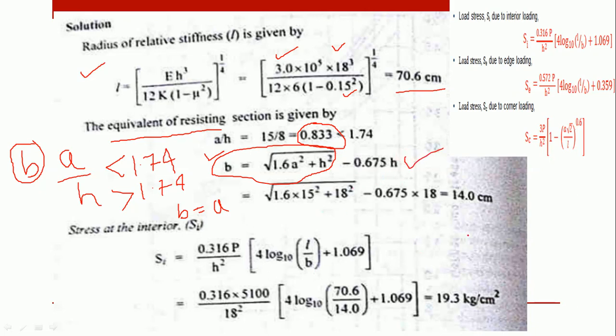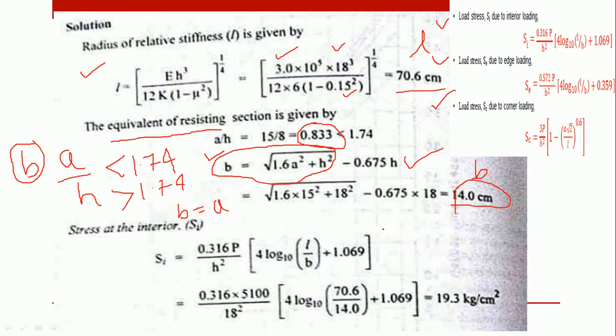Substitute the values and find the value of B. So this is the value of B and this is the value of L. Now all the data required in the formulas is ready. P is known, H is known, L is known, B is known. The thing left is substitution and simplifying. Very simple problems. The important thing is you must know these 3 formulas.